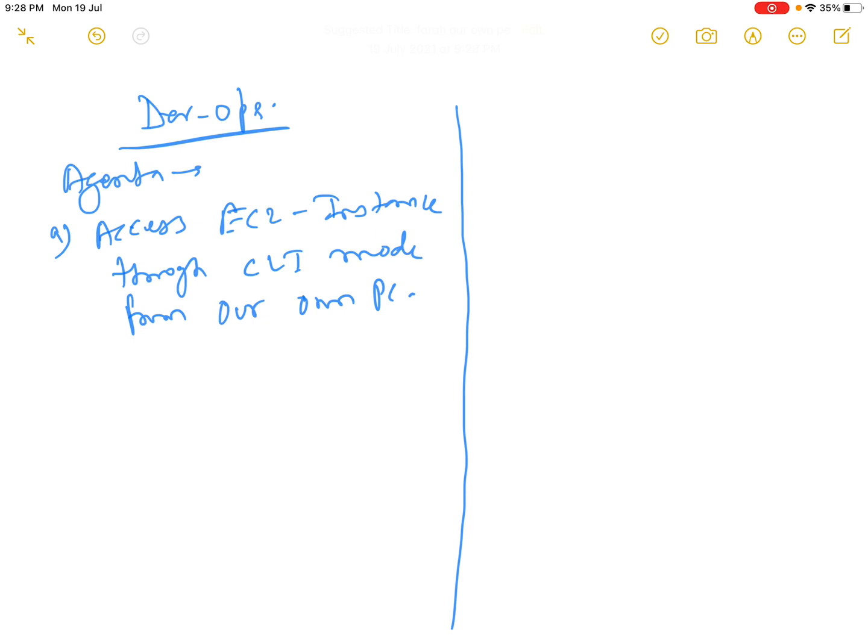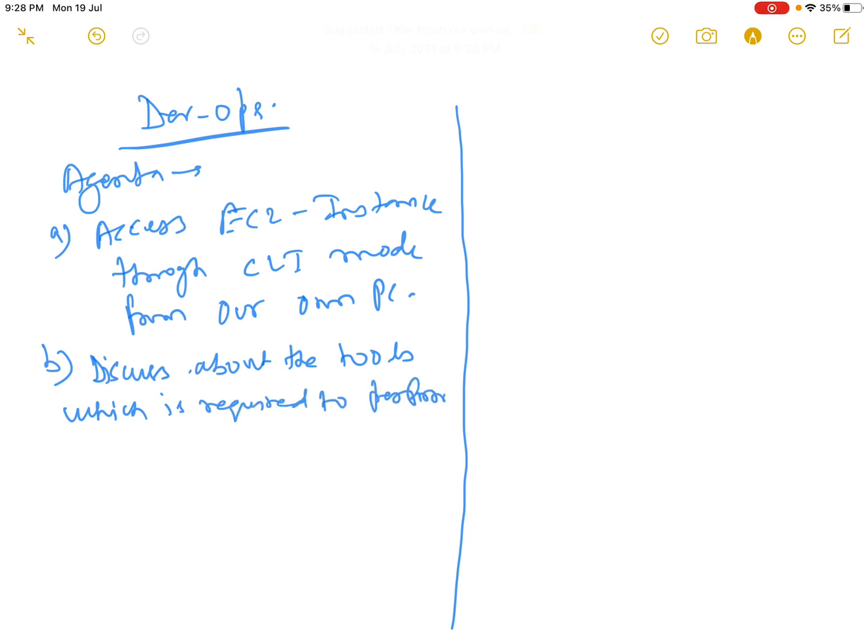Our second agenda is to discuss the tools which are required to perform this activity.